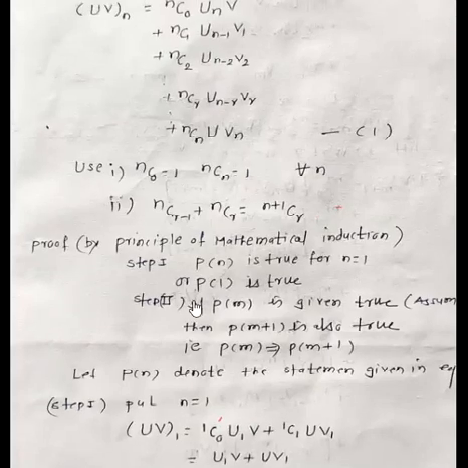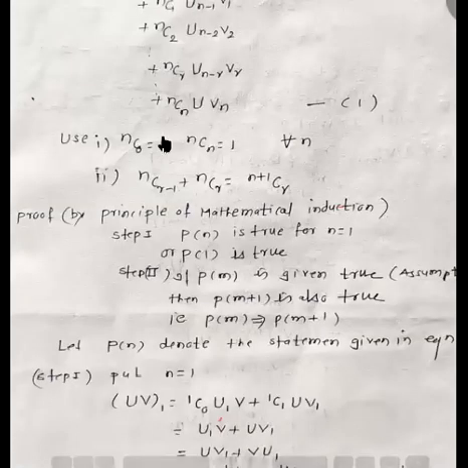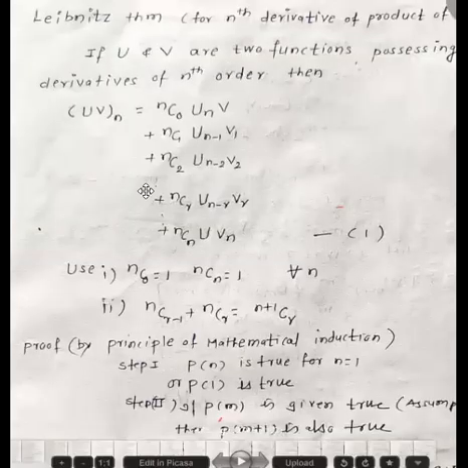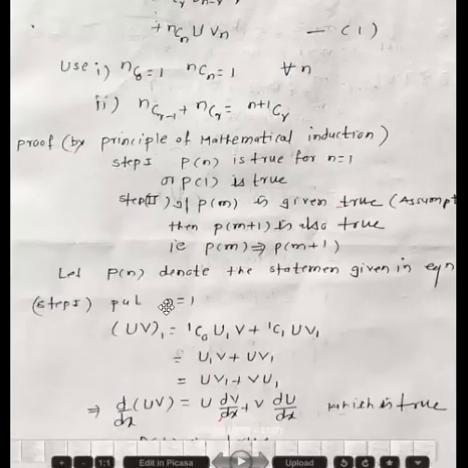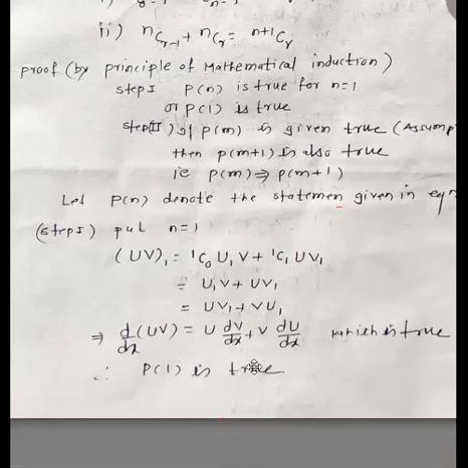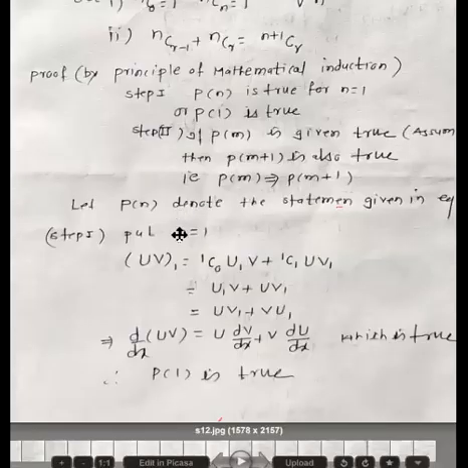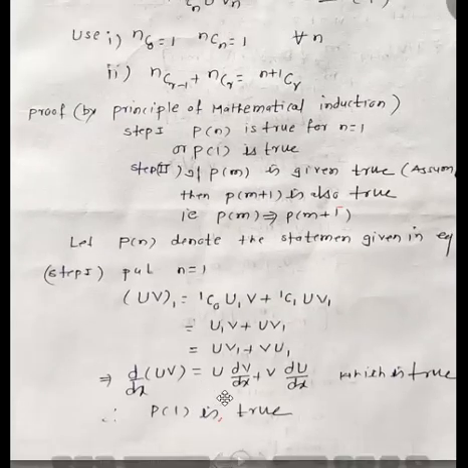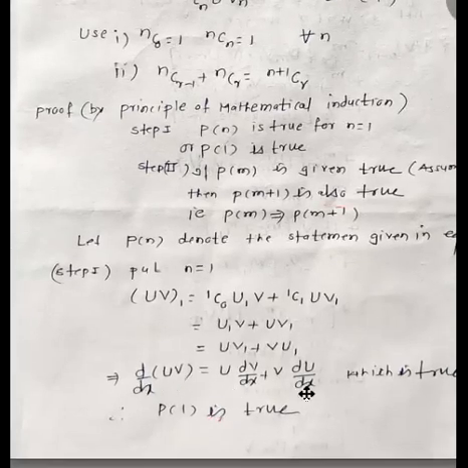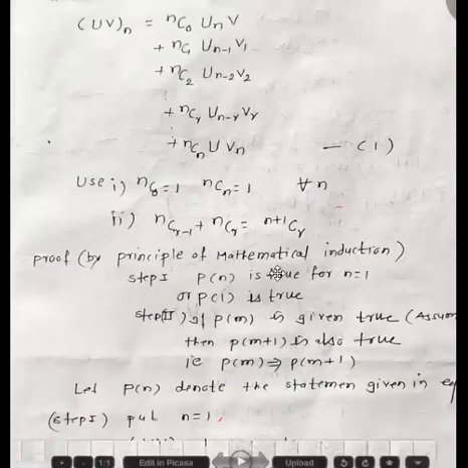The statement is true for n equal to 1 because the first derivative is given by this formula. And in this general statement of Leibniz theorem, when we put n equal to 1, we get this result. And this is the rule for multiplication to find the first derivative. So this statement is the same as this formula for n equal to 1, and this is a result on derivatives. We know that the first derivative is given by this expression. So we say that Leibniz theorem is true for n equal to 1.